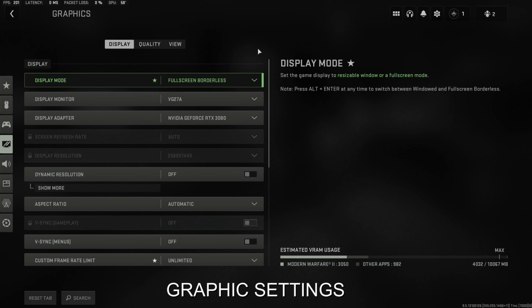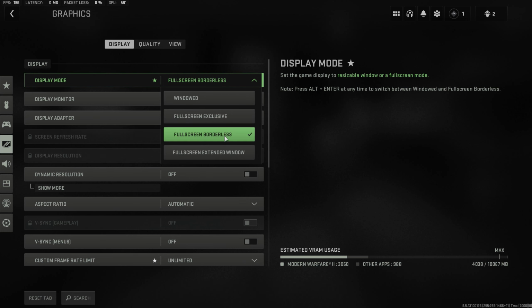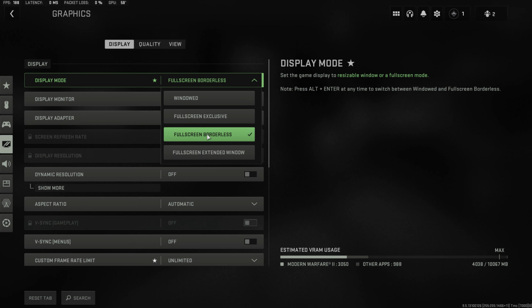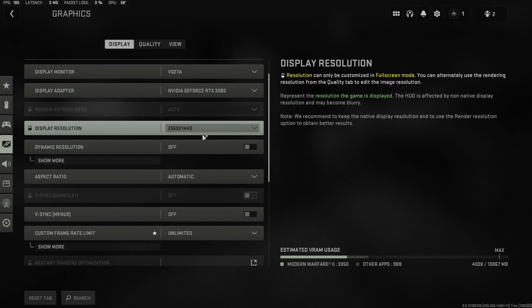Alright, these are the graphic settings for Call of Duty Modern Warfare 2. Display mode, full screen borderless. Full screen borderless versus full screen exclusive: there is absolutely no difference when it comes to FPS. In fact, full screen borderless sometimes gives 1 more FPS. Going down,